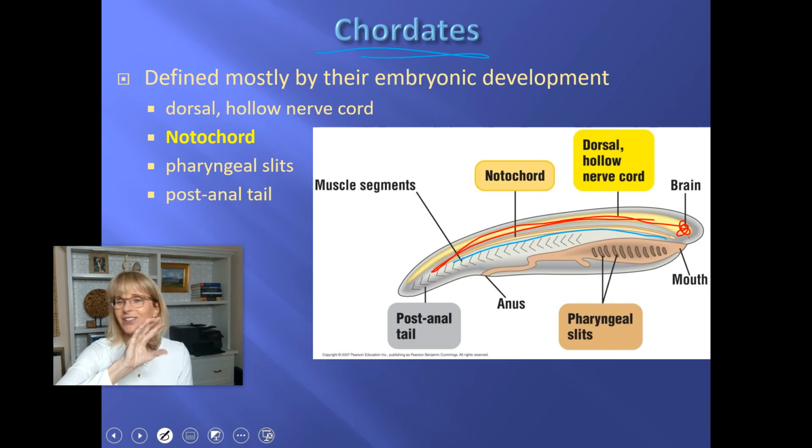Not sea stars, not sand dollars, not sea urchins. Now we're talking about the chordates. What else do they have? They have got pharyngeal slits. The pharyngeal slits end up becoming the gills of things like fish. They are only present for a while in humans while we're still inside of the mom. And as we develop, those pharyngeal slits develop into lots of interesting different structures, but they are there during part